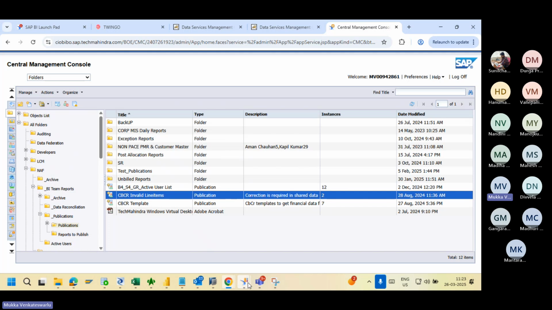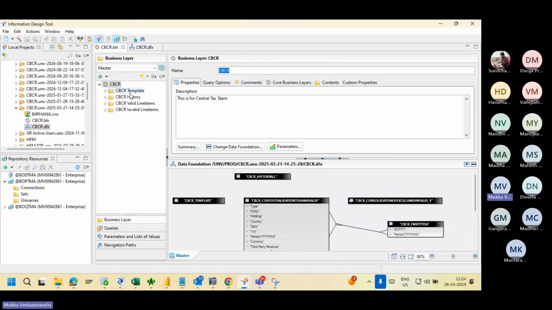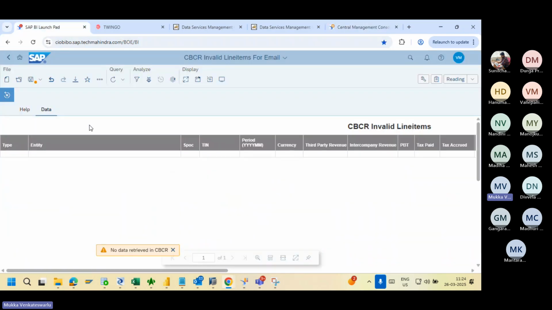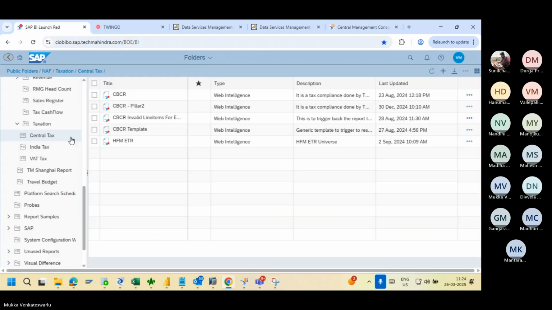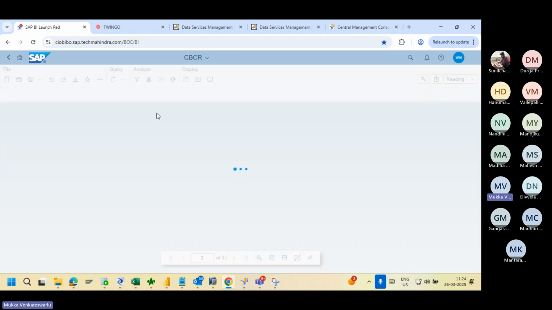For that, in the inverse, you can see in the BLX, these are nothing but classes. Each folder is nothing but one class. This is for the generic template, and this is to trigger invalid line items. This is the valid line item, the main report which they are using. All the valid line items will